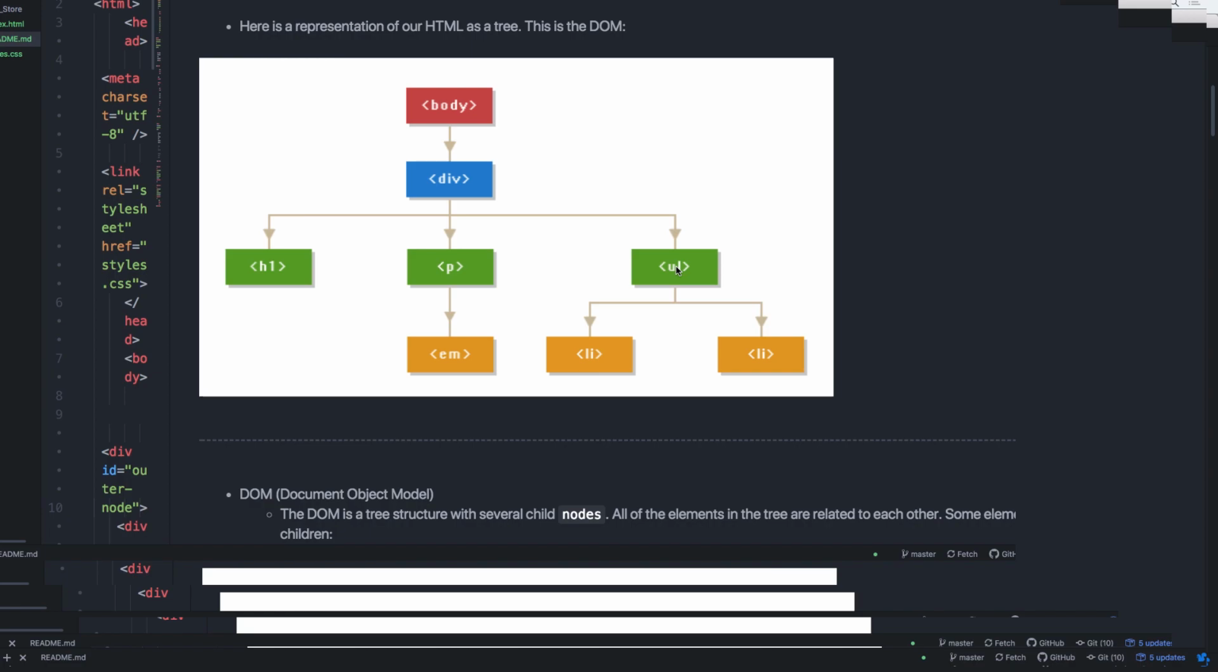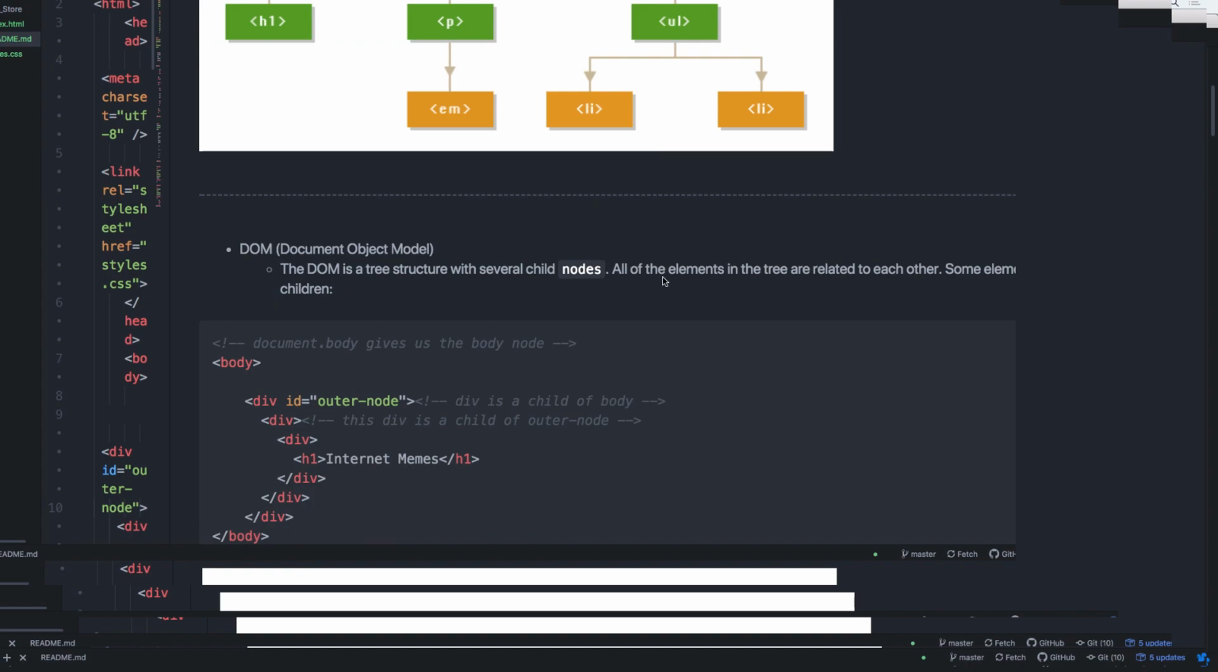It's like a family tree, except they're all HTML elements. Right? Some of them go bad, like with the Lestranges. So, thank you for laughing. 10 points to Gryffindor. So,